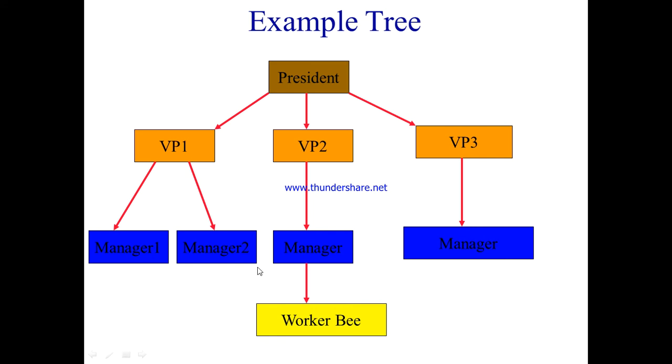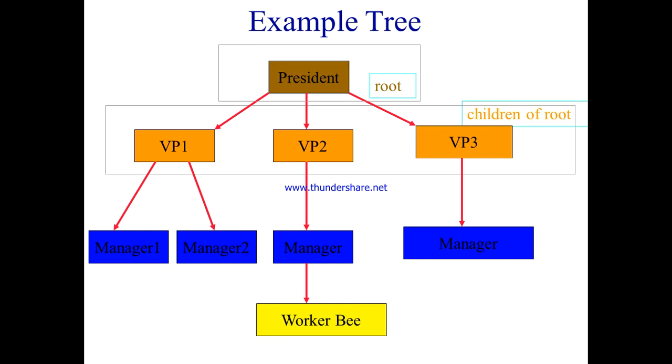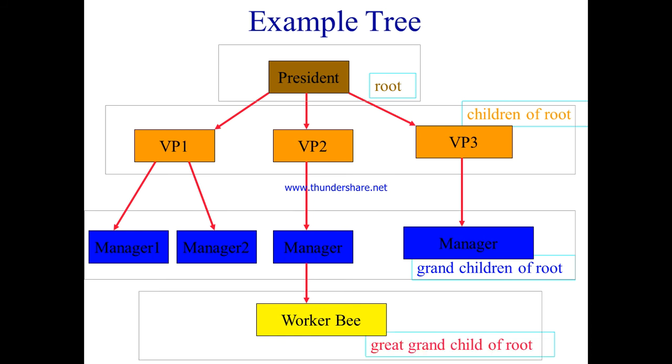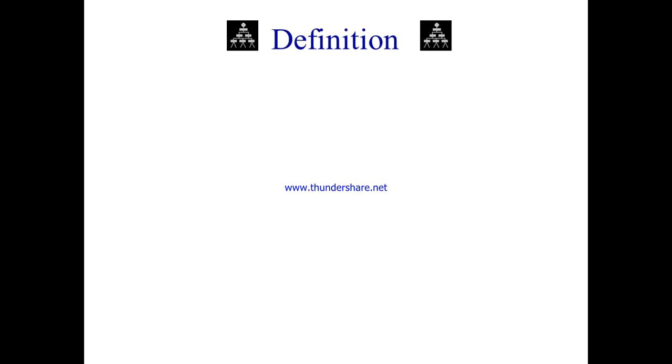Right? So that's why the nodes which do not have any children are said to be leaves. Okay, so like this we can represent a tree. See here, we start with the root, then children of the root, grandchildren of the root, then great grandchildren of the root. So like this it is going to proceed.